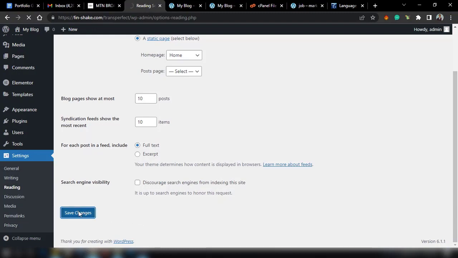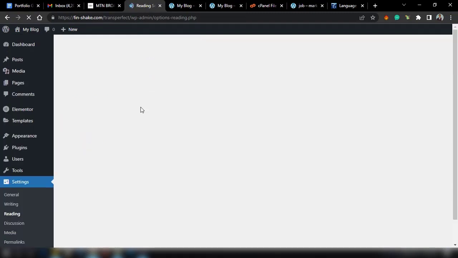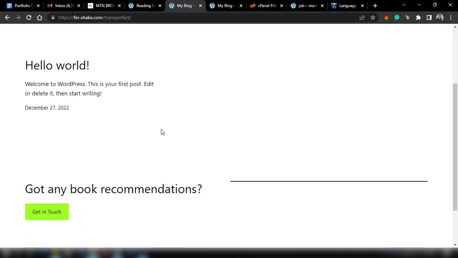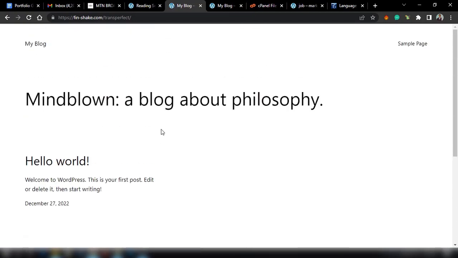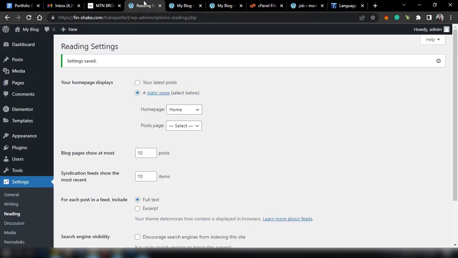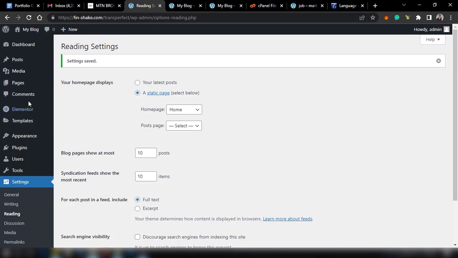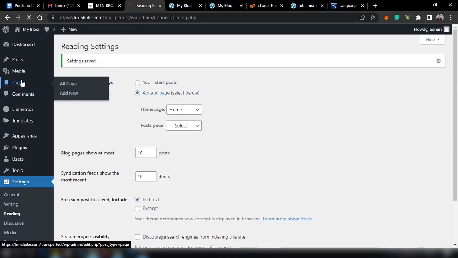Let's save it again. Okay, so let's try visiting Transperfect again. This is not really supposed to be showing, it's supposed to show the home page. Maybe probably because we've not really added anything to the home page. So how about we try something? Go back to the home page